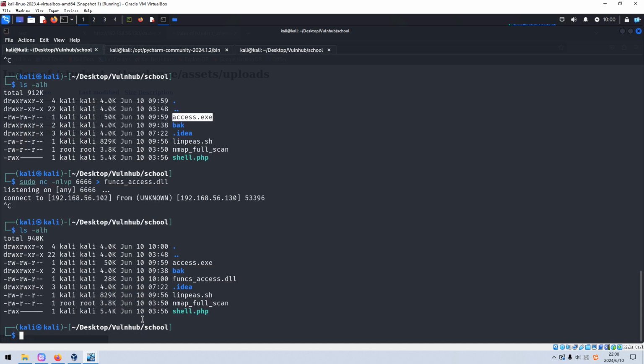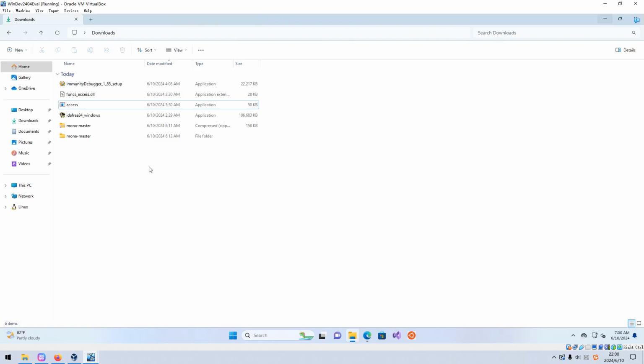Now, because they are apparently Windows executables, we can transfer them to the host machine or the Windows virtual machine. I've already done that earlier, so for now I just switch into the Windows machine.